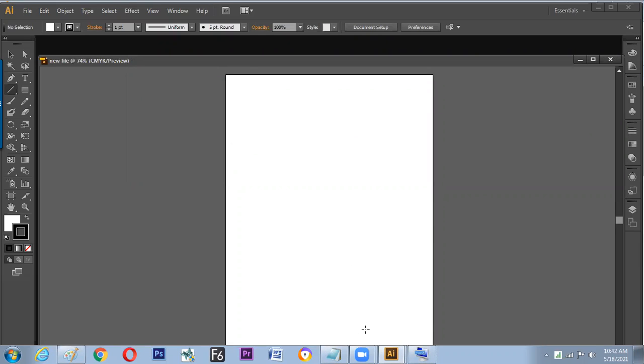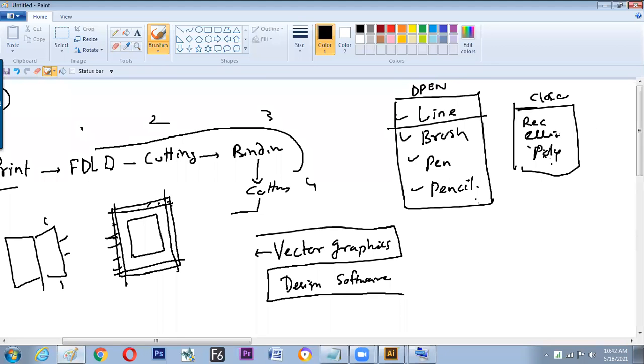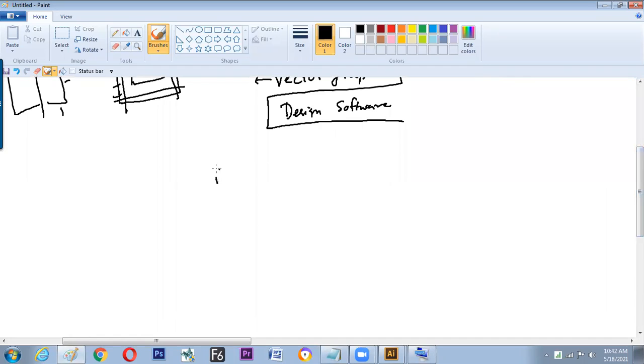Now we'll be learning the next thing. As per the notes, we are now following the tools and the notes. The first step is done. What is the first step? Name of the tool. What is the second step? Keyboard hotkey, the shortcut of the tool. And now what is the third thing to learn? Cursor. How does the cursor look, when does it change, why does it change, what does it do. That is to be observed.